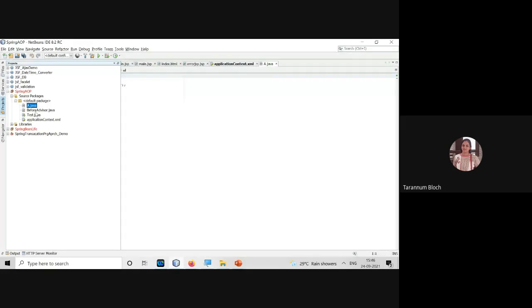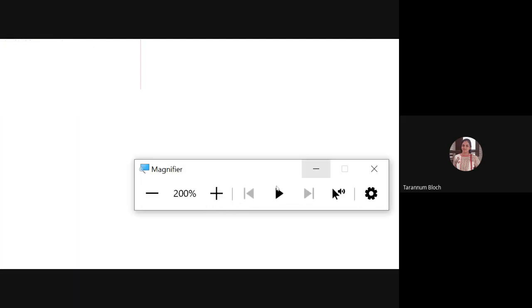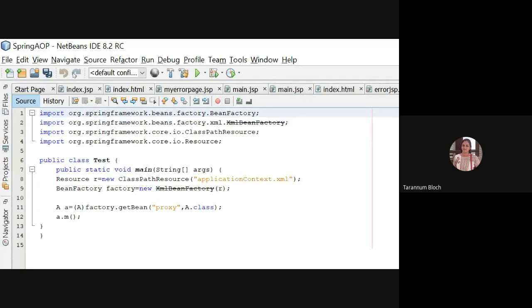Right? Now we have a test class, which is our main application class because it has the main method. We have written org.springframework.beans.factory.BeanFactory, and we have XmlBeanFactory, ClassPathResource, Resource, etc. We have written public class Test having public static void main.